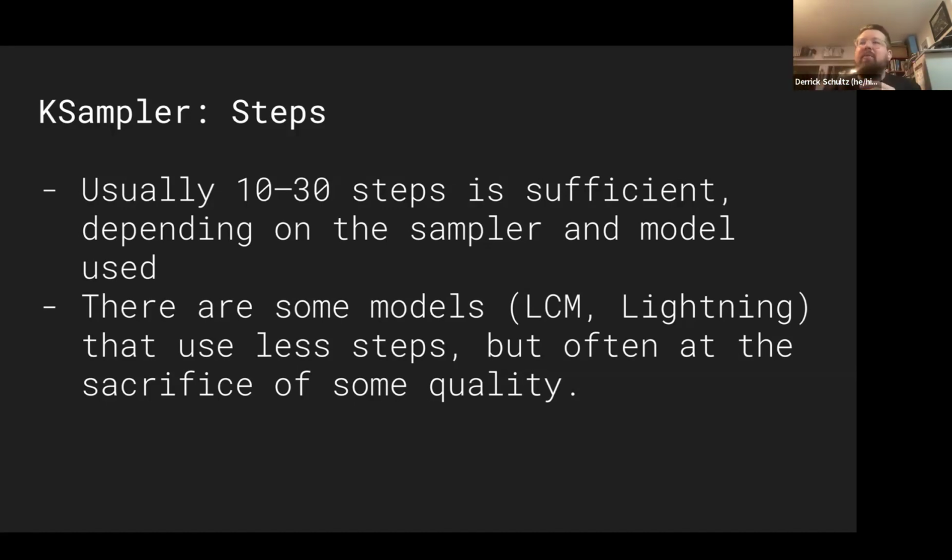So we've been talking, I think, before class started, about real-time tools with this stuff. A step takes a certain amount of time, and the more steps you have, the longer it takes, meaning you can't do real-time. So there are new models coming out that are trying to approach more real-time generation using fewer steps. The problem is, often the quality is kind of a problem there. So there's a lot of stuff coming out. I think in the future, we'll find ways to use fewer and fewer steps, meaning generation will be faster. But that's the steps parameter.